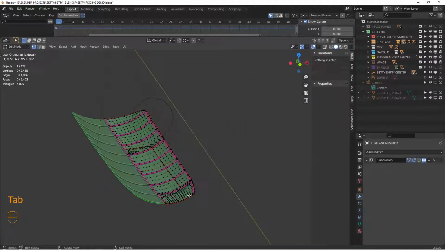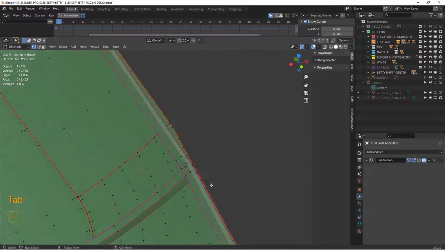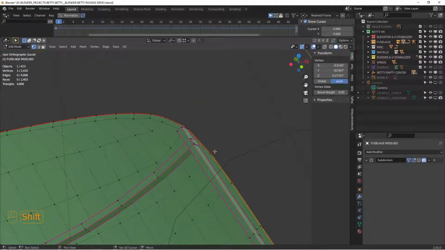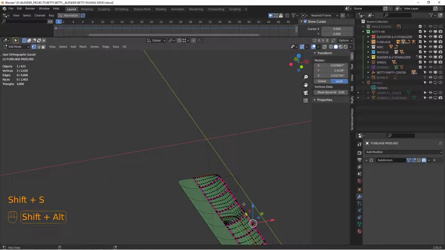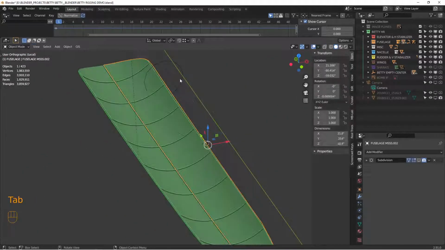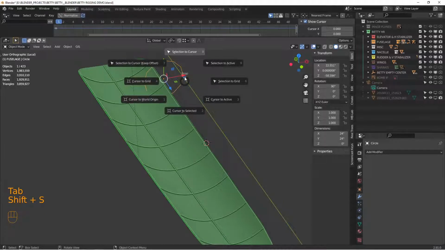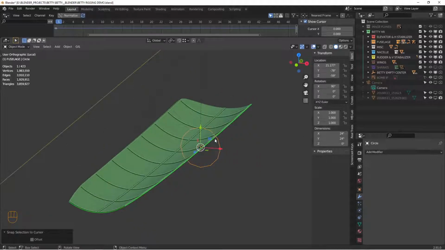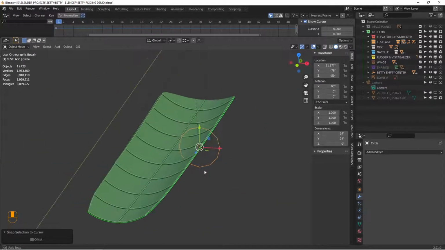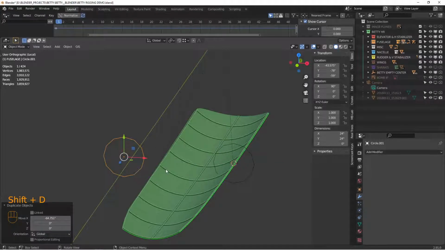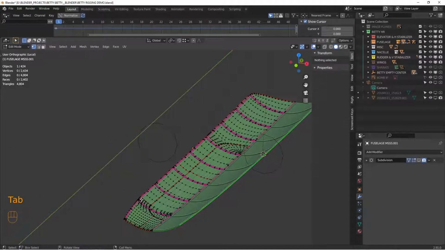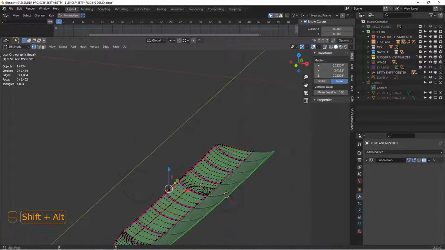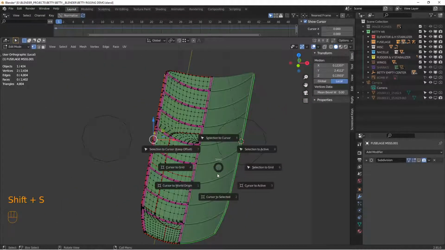I'm going to choose one of the doors, and pick two points on it along this edge, roughly trying to find the center of the door. I'm going to press Shift S, selection to cursor, and that puts this control piece on the center of the door. I'm going to duplicate this and move it over here. I'm going to do the same thing on this side. I'm going to choose two points along the surface. Ideally, they'd be the same points left and right. Cursor to selected,